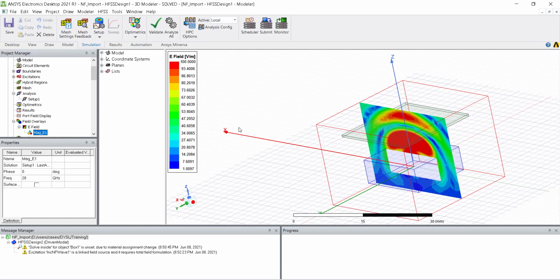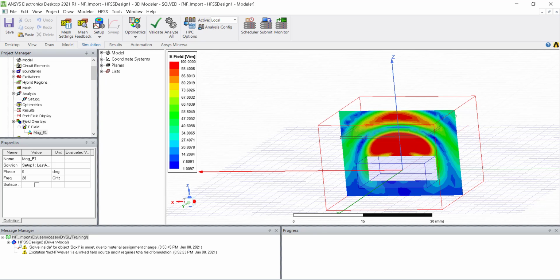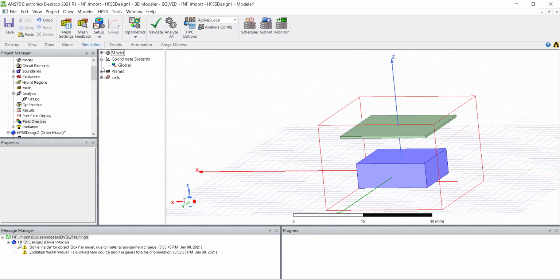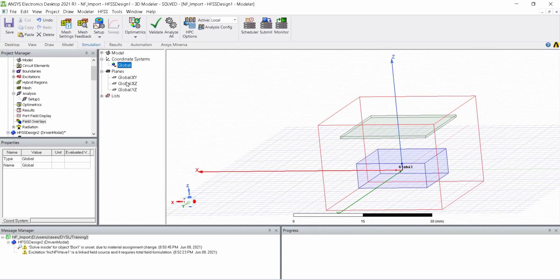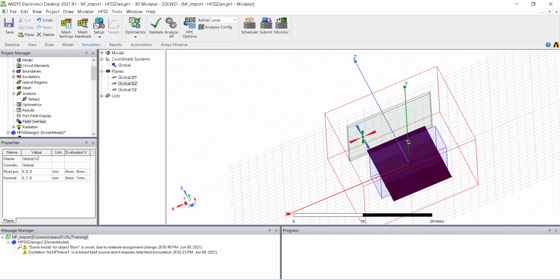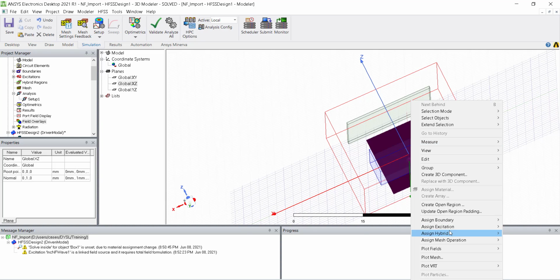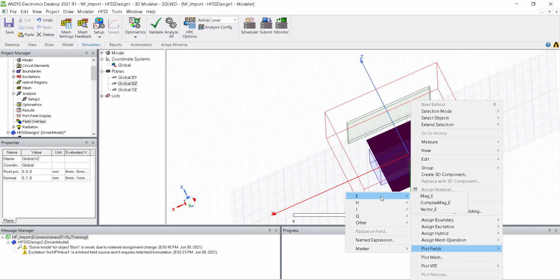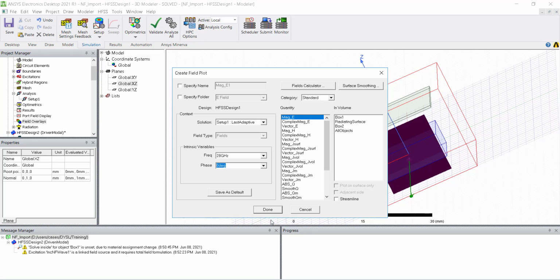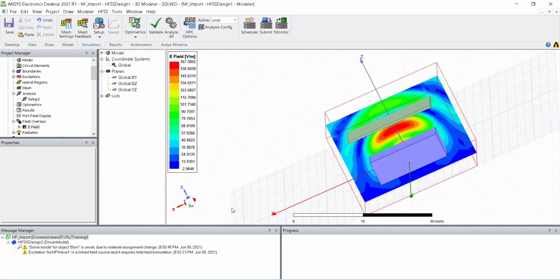In this simulation I'll quickly show you how to plot the fields. Select global coordinate, come to the plane, select the plane in which you want to plot, right click, plot fields, E field, Mag E, to plot the magnitude of the electric field.